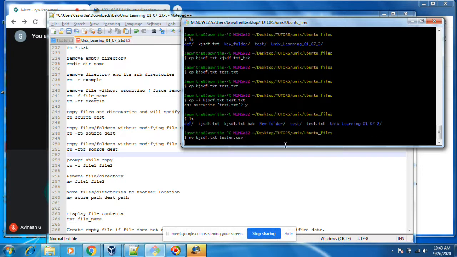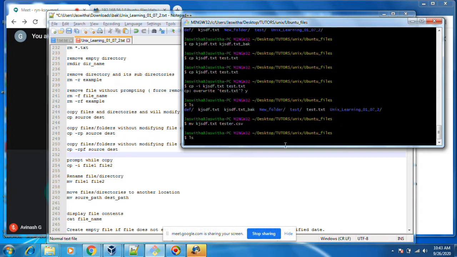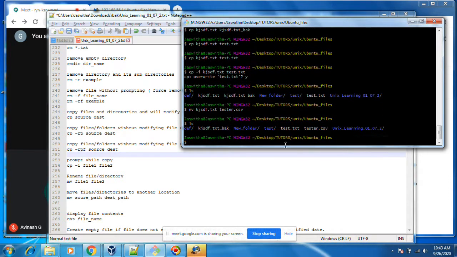That means the name will get changed. Okay, that kjdf will not work. It will be removed. It will change to this file tester.csv. Okay, if I want to move in the same location, it will be a rename.